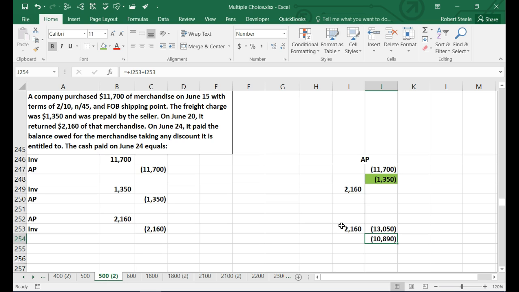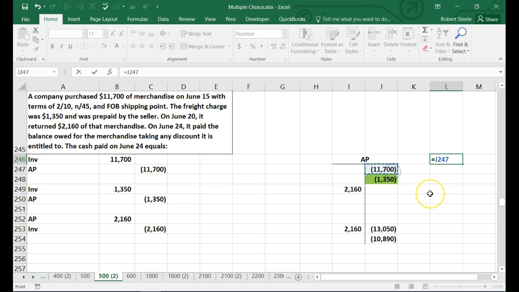That's what we would owe if we didn't have to account for this fact that we got this discount. But we got this discount now, so we need to account for the discount. Now this is where it's a bit tricky, because we can't take the 10,890 owed times the discount, because we're not going to get a discount on the freight here. So basically we have to take the discount before the freight, so the amount due is equivalent to the 11.7